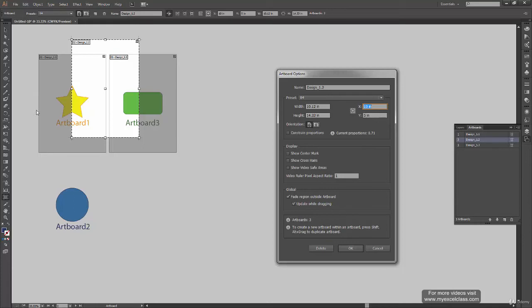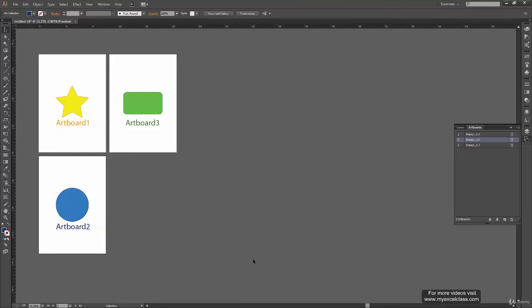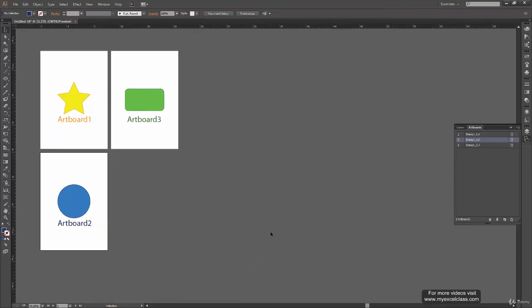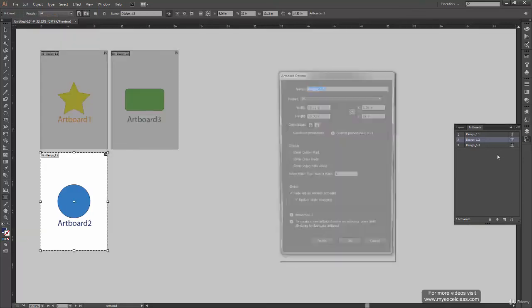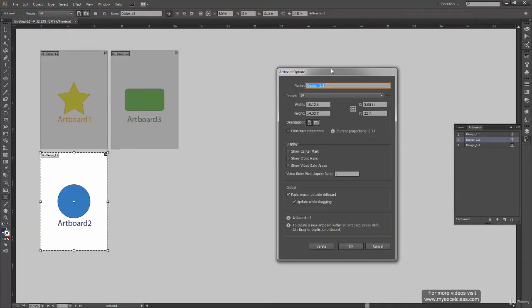5 inches. It will be a good idea if I bring on rulers, then it will be visible properly and clearly. So let's jump back to artboard options, and yeah, so we have seen width, height, X and Y position. You can explore with these options. Unless you explore with these options, you won't be able to grasp them. So make sure you practice all of these things so that it's very clear to you. Now the next option we have is orientation. It is portrait right now. We can switch it to canvas also.